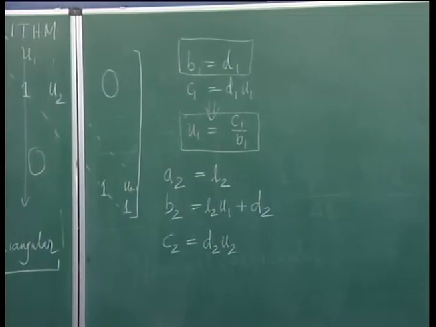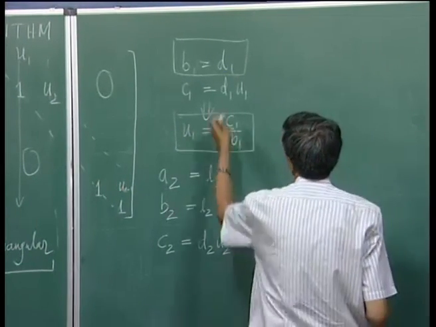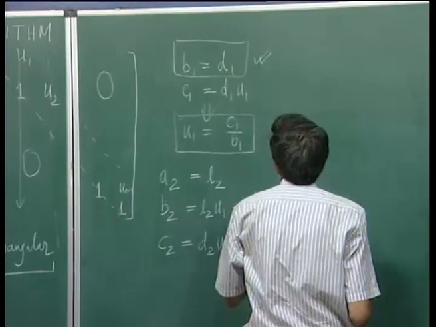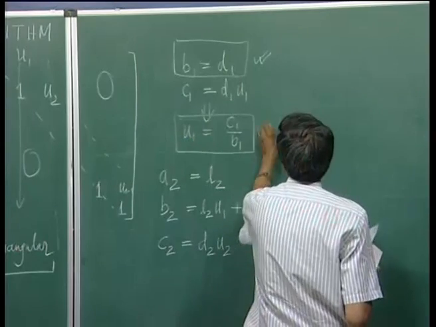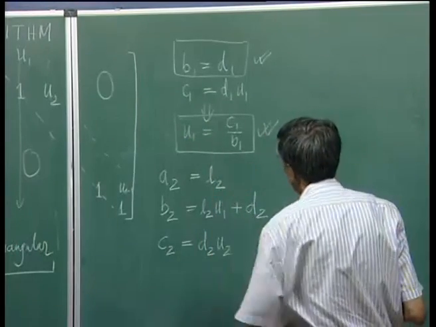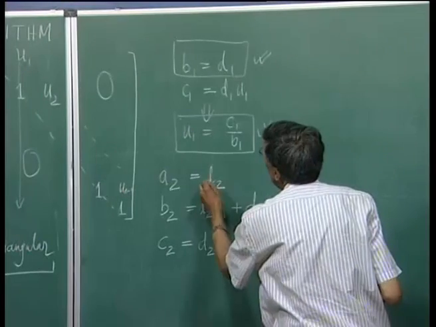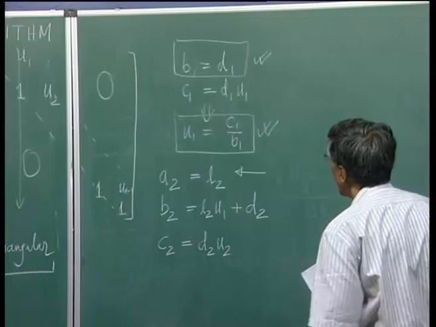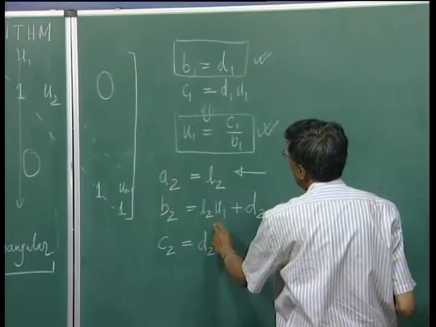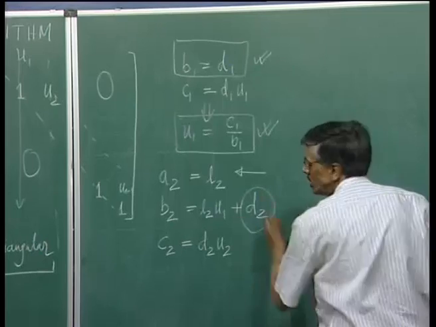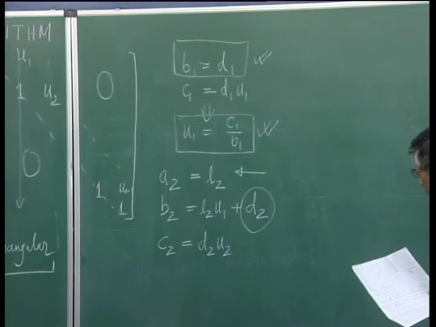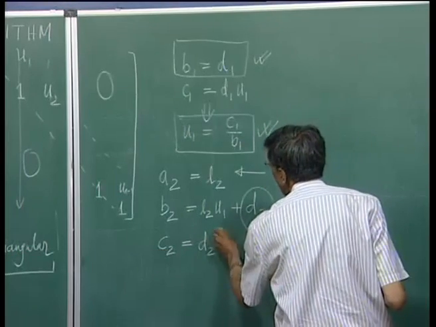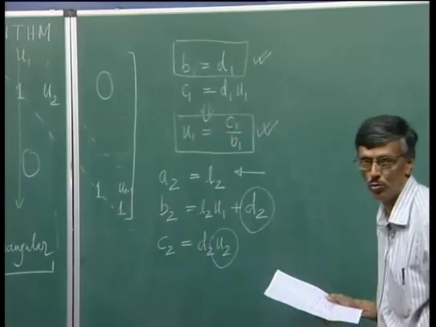So, what we can see is that if we use this as the starting value, D1 is equal to B1 and U1 is equal to C1 by B1, and then we can easily obtain L2 from this. Since U1 is already available, L2 is available. So, this equation will give us D2,